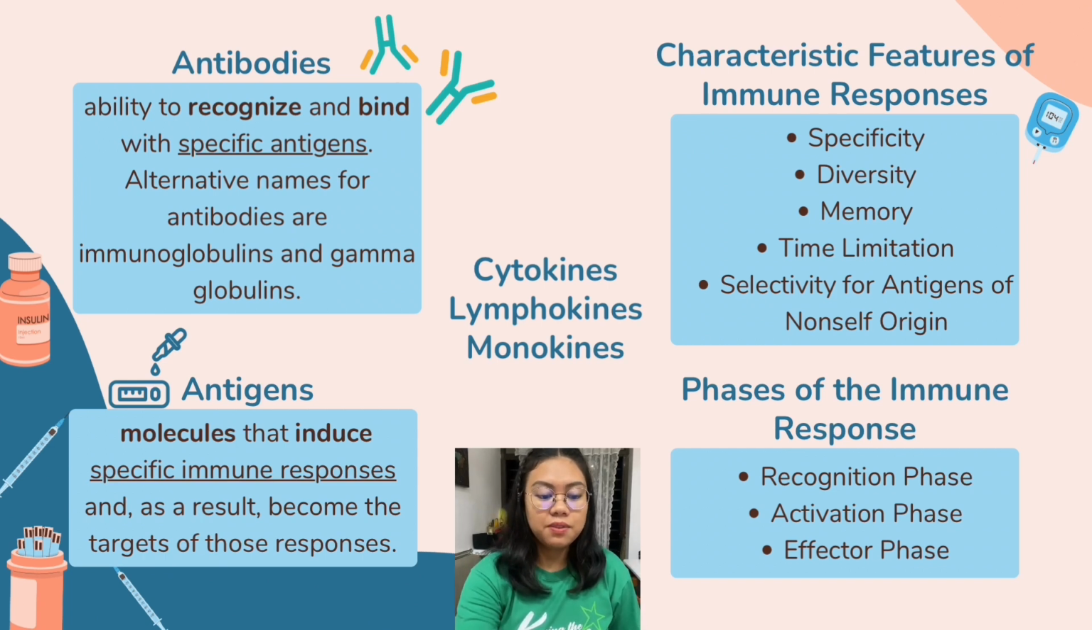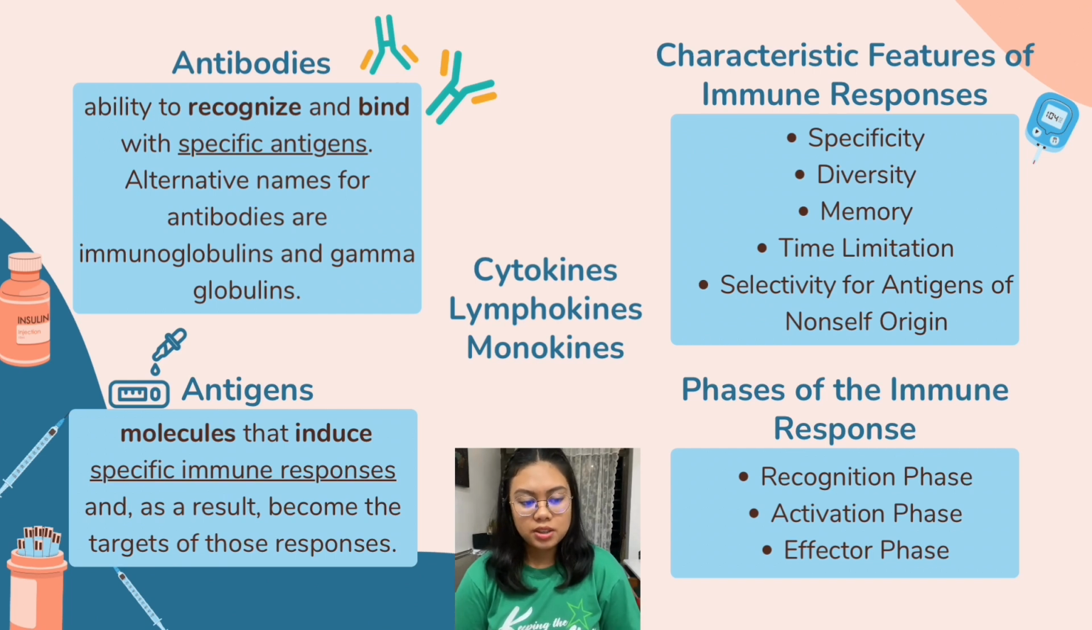For the characteristic features of immune responses, they share five characteristic features: the specificity, diversity, memory, time limitation, and selectivity for antigens of non-self origin. For the specificity, cell-mediated and humoral immune responses are triggered by specific antigens, and their purpose is to destroy the antigen that triggered the response. For the diversity, our immune systems can respond to millions of different antigenic determinants. For memory,